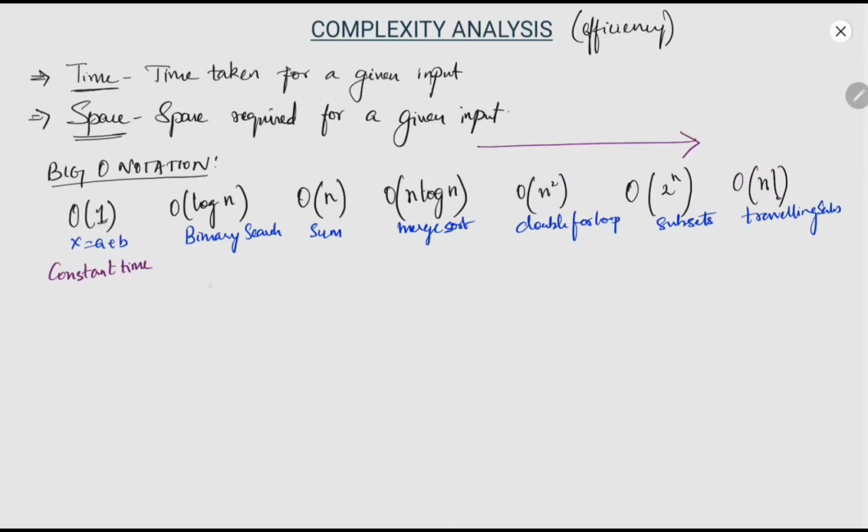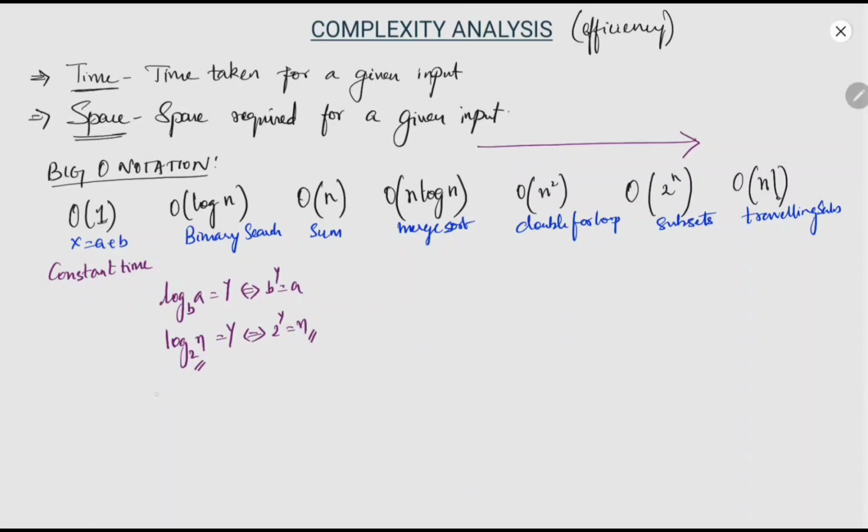So moving on to log n. To understand log n, first we need to understand the logarithmic equation, which is log a to the base b is equal to y if and only if b to the power y is equal to a. So in our case, this becomes log n to the base 2, because if we don't specify any base, then by default it is 2, is equal to y if and only if 2 to the power y is equal to n. So if you see, as n increases with huge amounts,